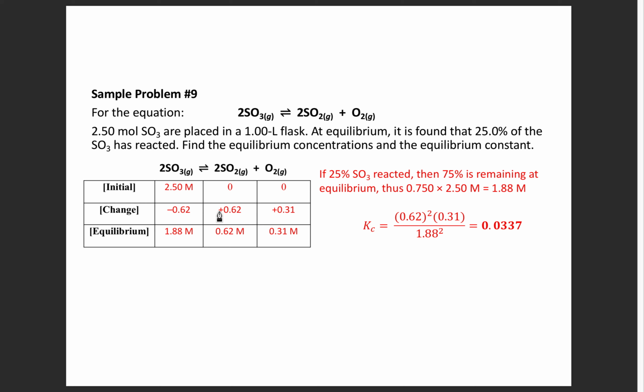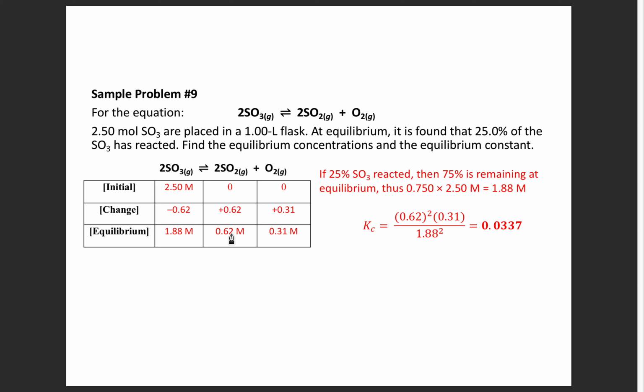We're going to give this change a positive 0.62 simply because you're creating the product. So at the beginning, we originally only placed the sulfur trioxide in the flask. There's nothing else that was placed in the flask. Therefore, your starting amounts for the other two, the products, are 0, because we didn't start with any of these initially. So knowing the change, which is 0.62, 0 plus 0.62 would give you 0.62 moles per liter of sulfur dioxide